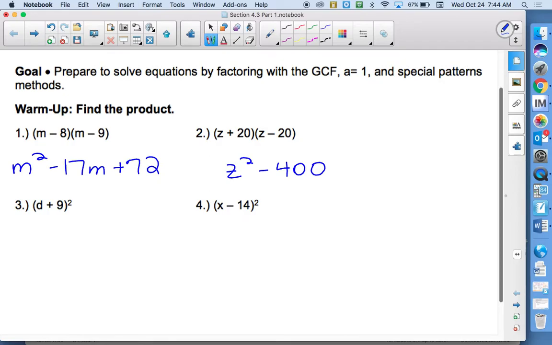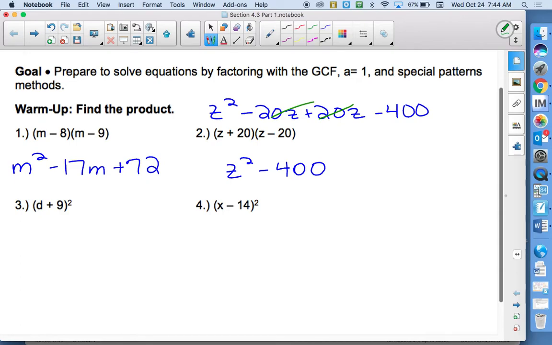Because of those opposite signs, we end up with a minus 20z and a plus 20z, and because the values are the same, they cancel out. So instead of combining them, they actually cancel from the problem. So that middle term is gone. That's why we just have the z squared minus